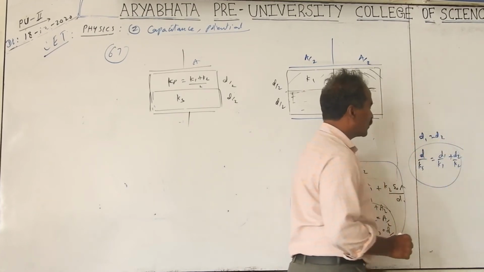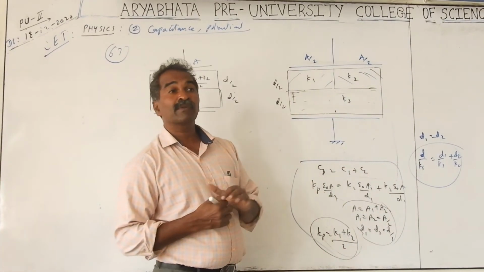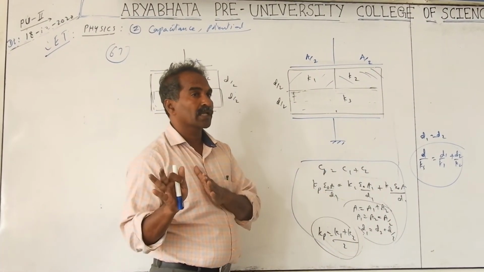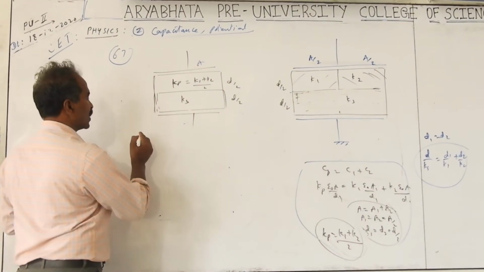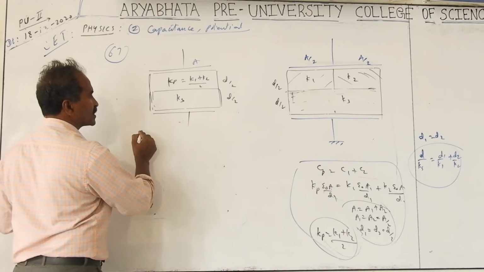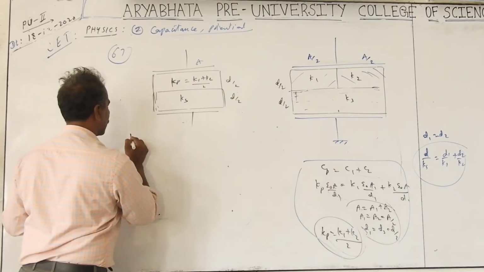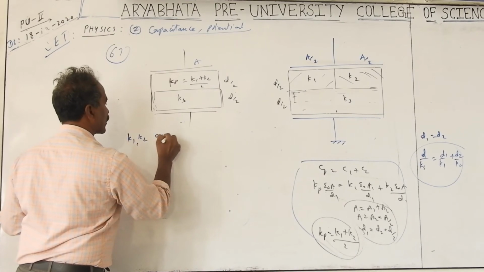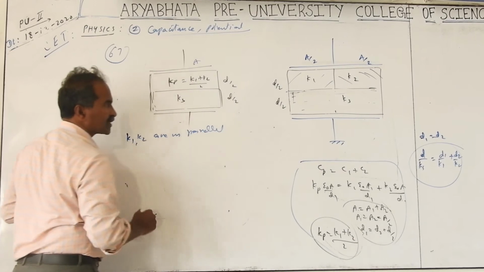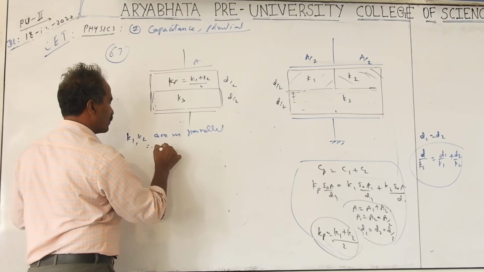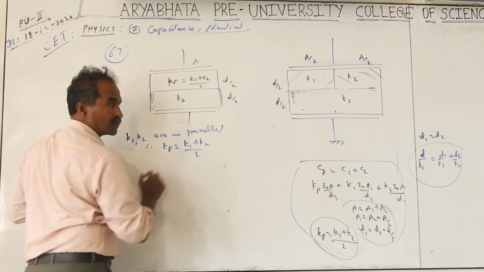Whenever D1 equals D2, K is equal to K1, K2 to K1 plus D2. But options are not given in terms of final result, they are given in terms of ratio. That means you have to take it like this. So the relation is, for the series combination, first we take K1 and K2 in parallel. First case is that one combination. Parallel. Therefore, K parallel is equal to K1 plus K2 by 2.